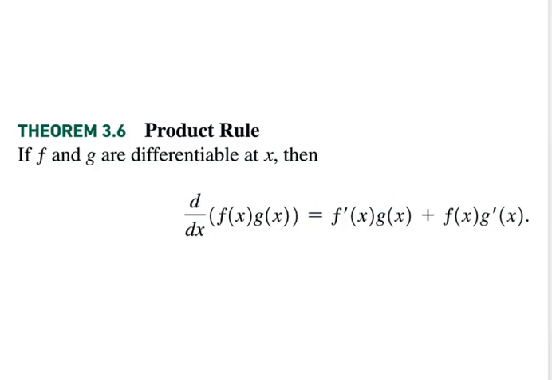This one's tricky. You're going to be tempted to write the derivative of a product as just f prime times g prime, but that's not true. I'll leave the proof video to follow. What you do is you take the derivative of the first function, multiply it by the second function left alone, and then you leave the first function alone, multiply by the derivative of the second. For example, if I ask you to take the derivative of,